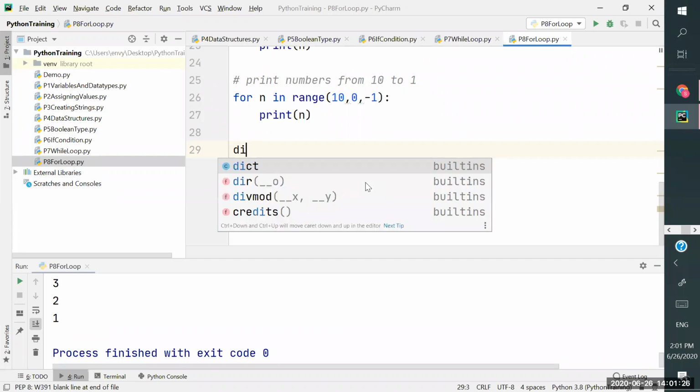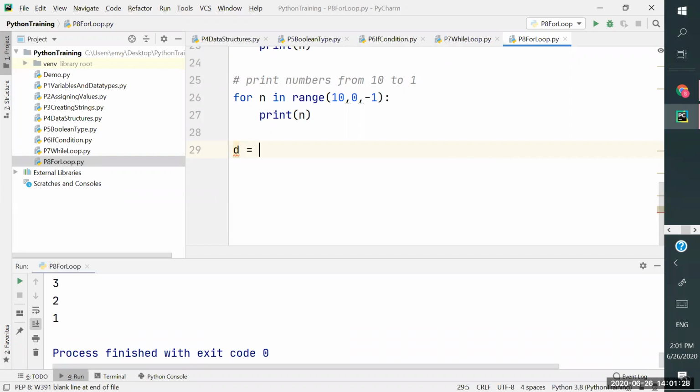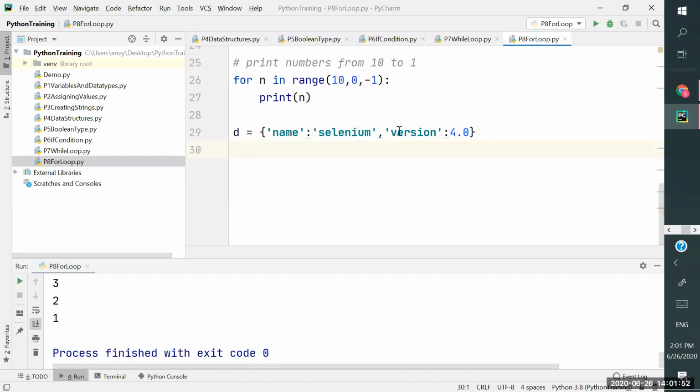Let's say I'm using a variable d equals, I will specify name colon Selenium, and I will specify version colon 4.0. So name and version are the keys, and Selenium and 4.0 are the values.